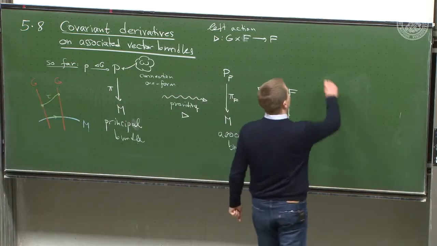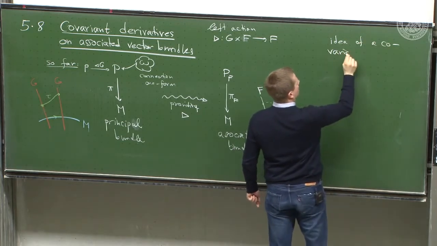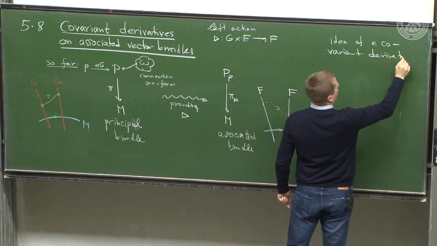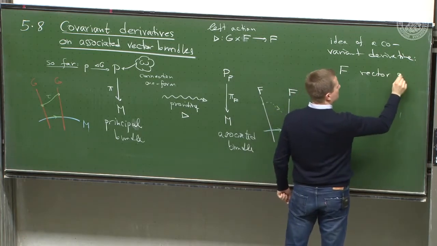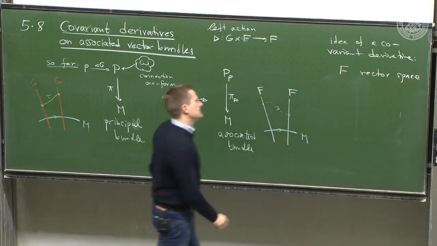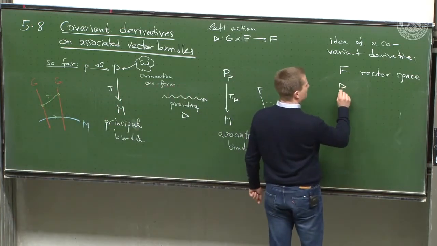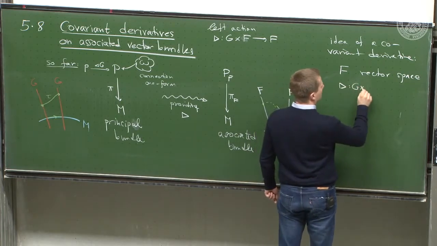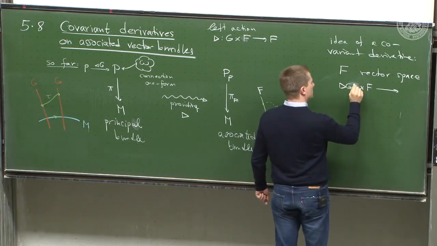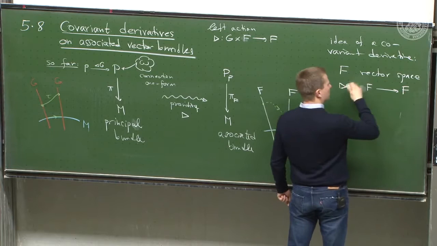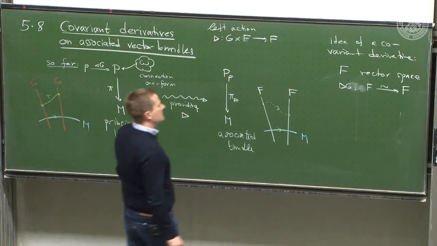And the idea of a covariant derivative was then to say, well, let F actually be a vector space. So far, no mention of that was necessary. But now let's say that F is a vector space, and let's correspondingly consider only left actions that are linear. So I should maybe write it like this. If the group acts on F, it acts on F linearly. And because we have this vector space